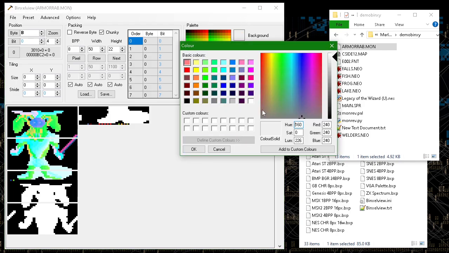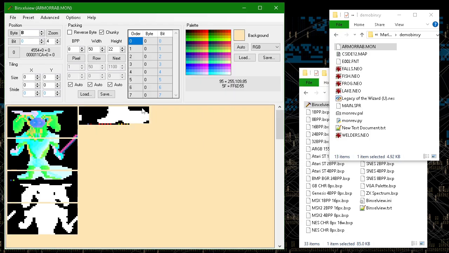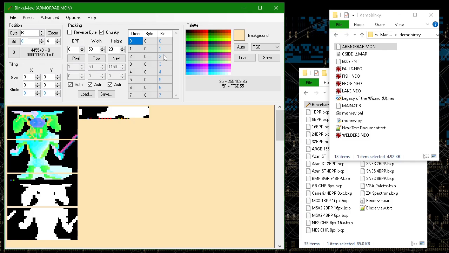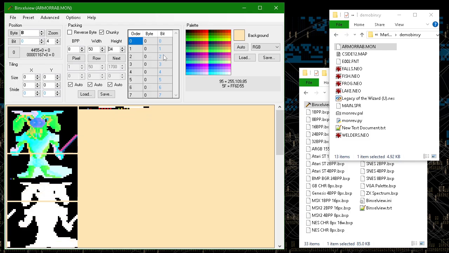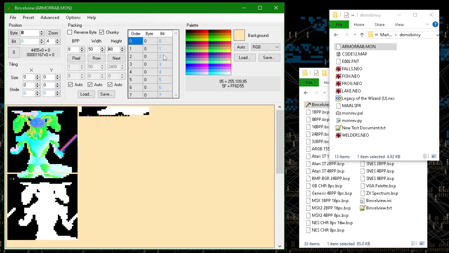To find the height of the image, we can do this. But it looks like there's some data between this part and this part. I'll explain how to deal with that in a moment, but maybe not with this example.